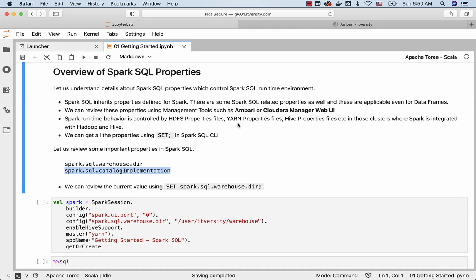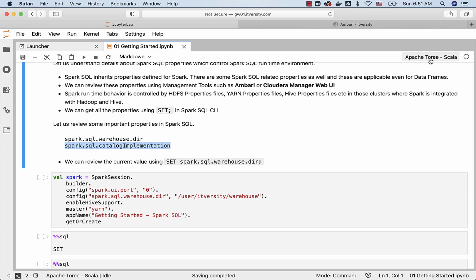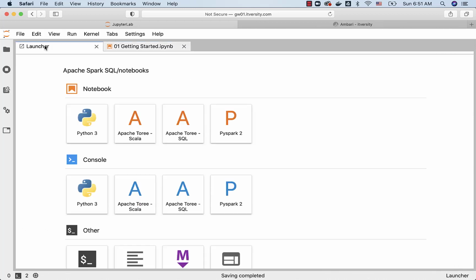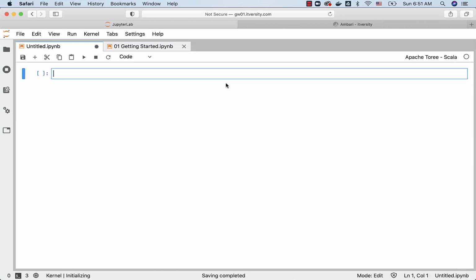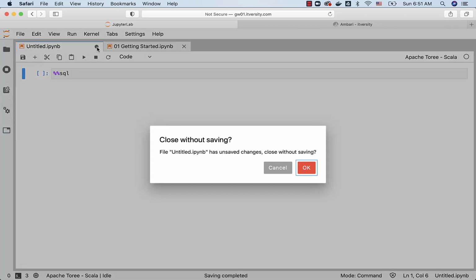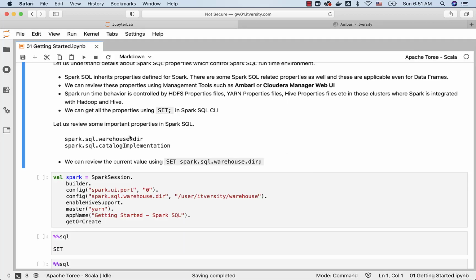Going forward, we will be using Jupyter based environment even to learn Spark SQL. You just have to make sure that you choose Apache Toree Scala kernel here. So for example, if you are using our labs, you can actually go to launch and our launcher, and you can actually choose Apache Toree Scala and create a notebook, and then you should be able to run all Spark SQL commands using %sql, and you should be able to take it further. However, because we are using Scala kernel, we have to create the Spark session with appropriate properties, then only it will work. I will walk you through how it is going to be using this material.